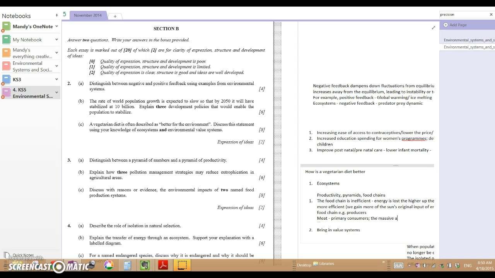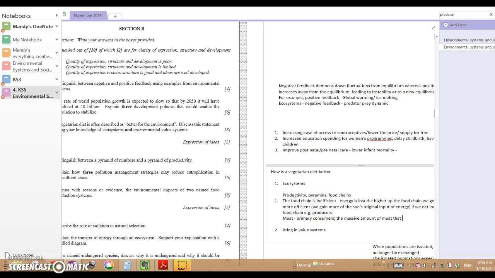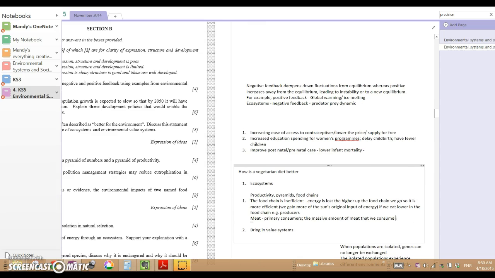The massive amount of meat that we consume causes what? What does it cause? It causes eutrophication because we have so much phosphorus, so much urea from the waste of cows and sheep and pigs entering the water system. So it causes eutrophication, pollution,